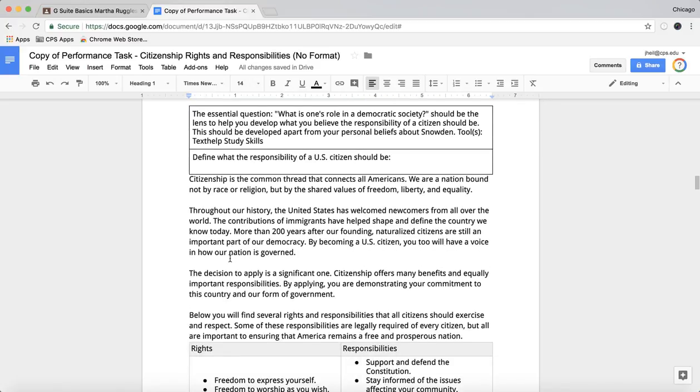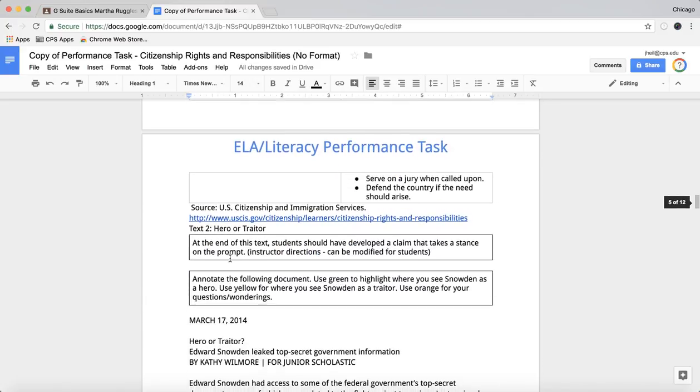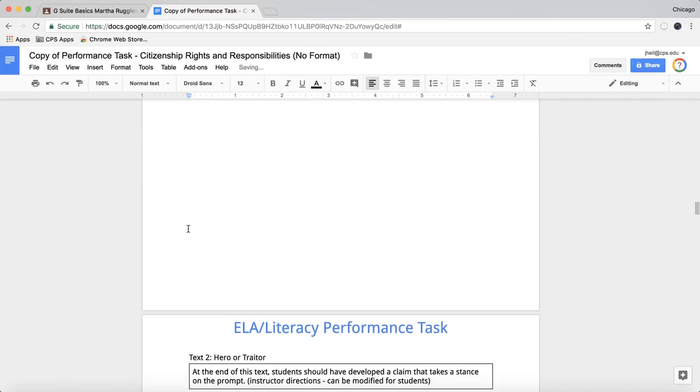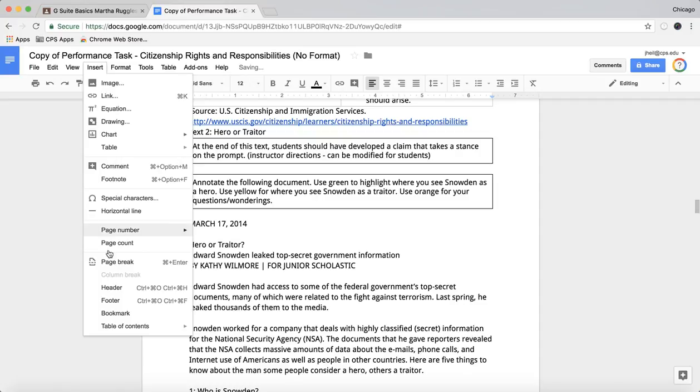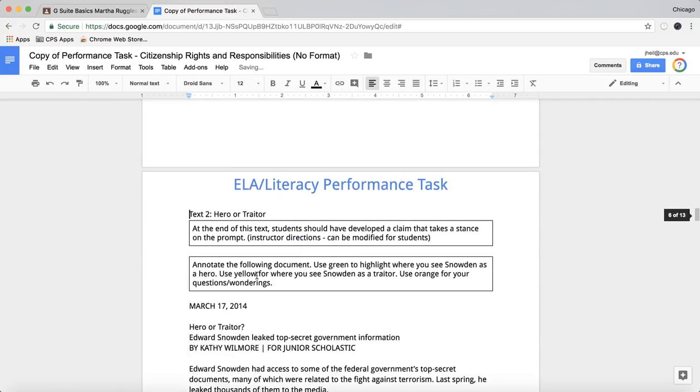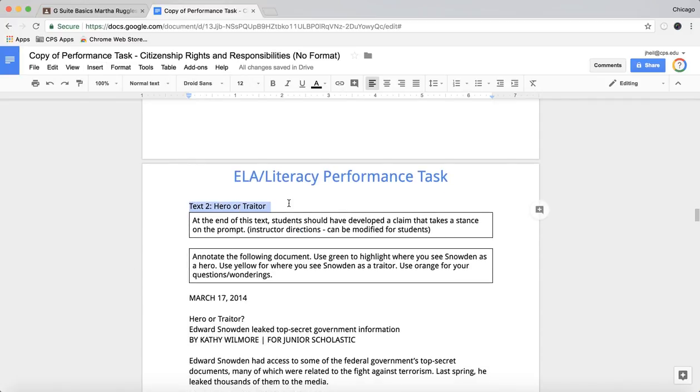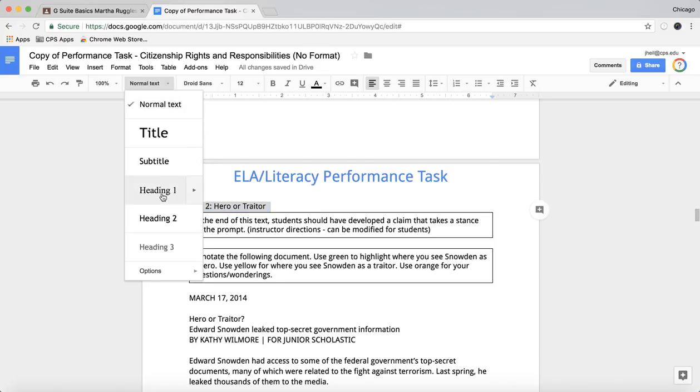Well, that's awesome. I don't know where text 2 is. There it is, text 2. Okay, hero or traitor. So again, just do a quick page break. I could do Insert. Let me undo that. I'll do it this way, Insert, Page Break. It's the same thing. So now text 2, I'm also going to have to change the styles to